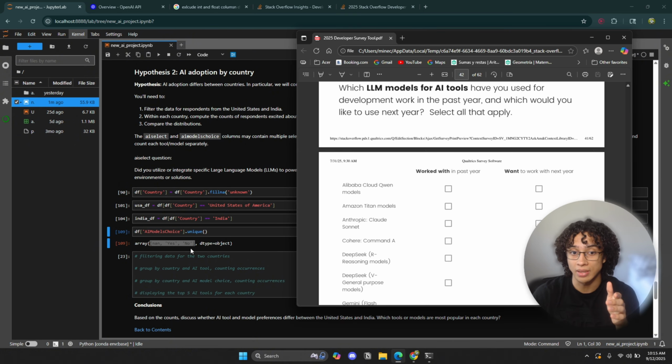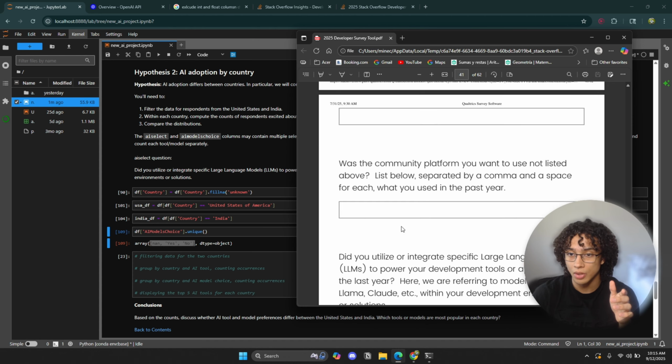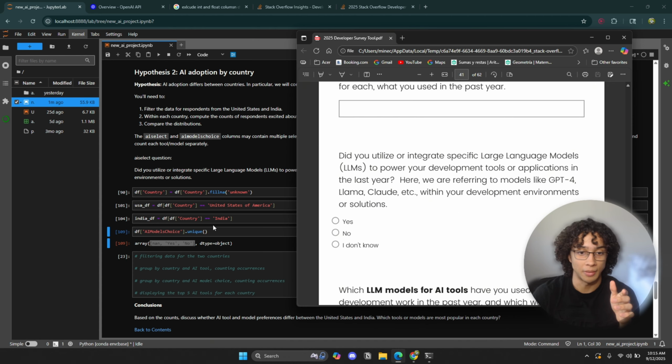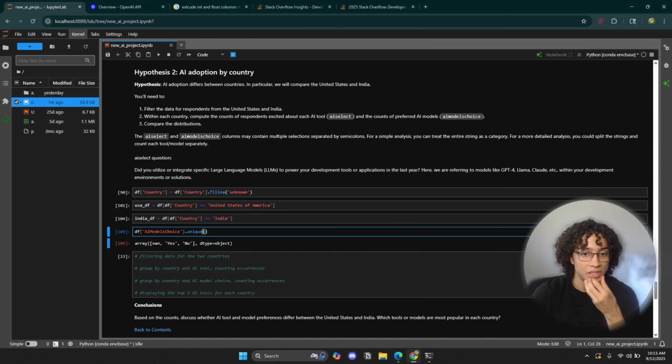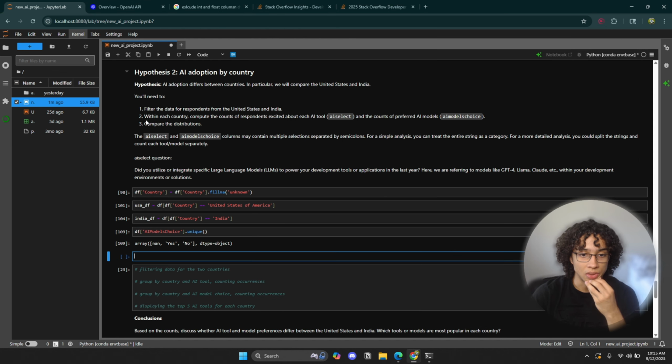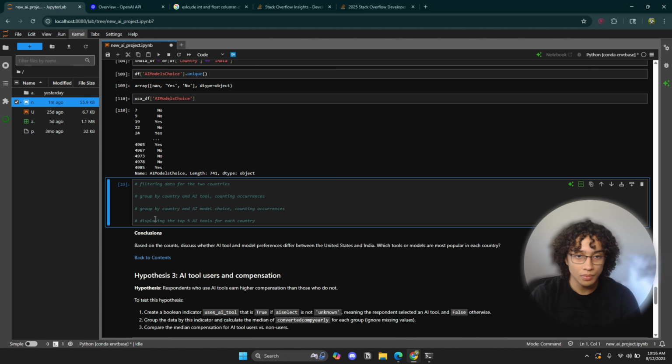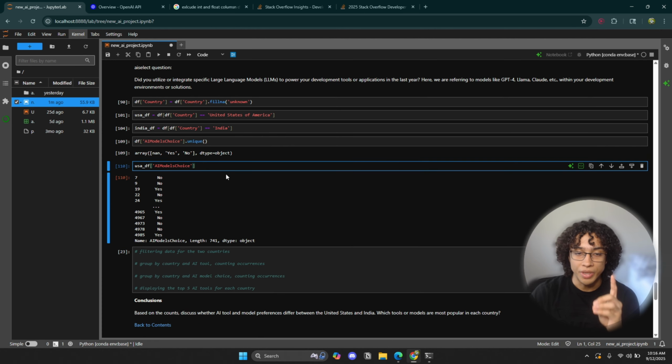Now that we actually understand what these yes or no mean, like what it's actually answering, just answering this one right here, if I'm not mistaken. So let's see how this differs between USA and India. So USA df, if we filter by the column AI models choice, right, what we can do is